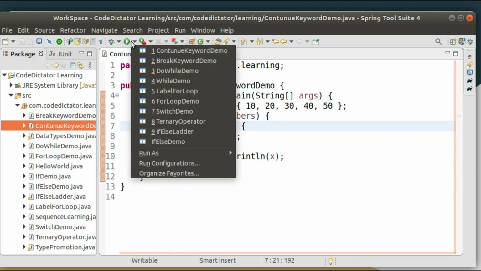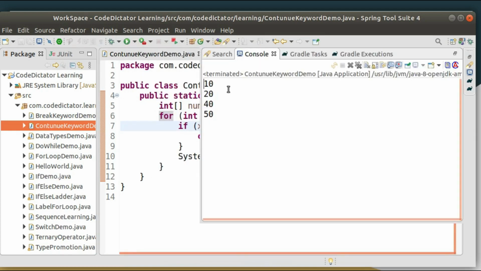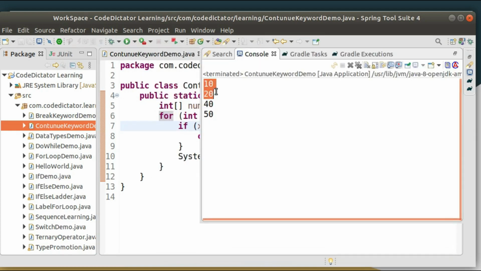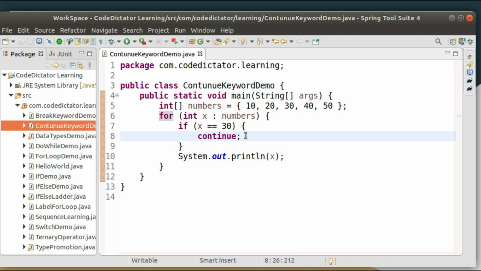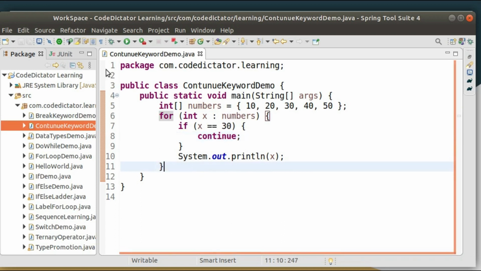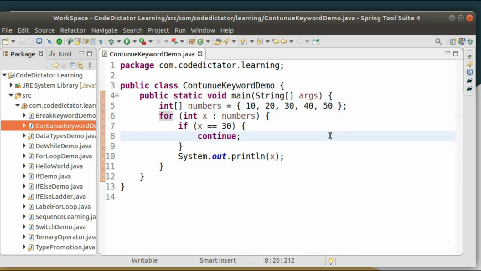Let's run the program. The output is now 10 20, and when it comes to 30, the value of x becomes 30, so it will skip that loop iteration and again continue with the new value, which is 40. So this is all about the continue keyword.